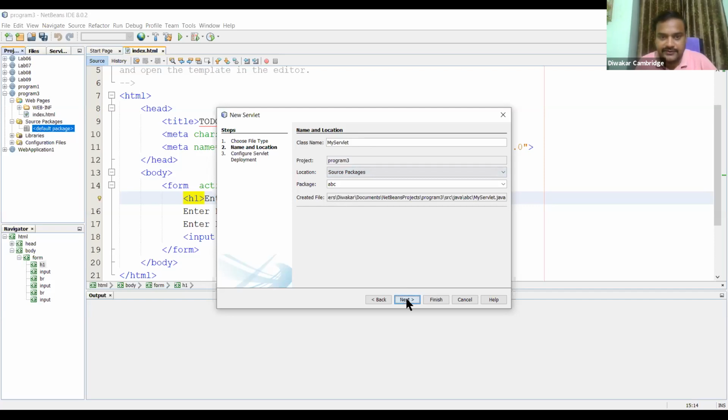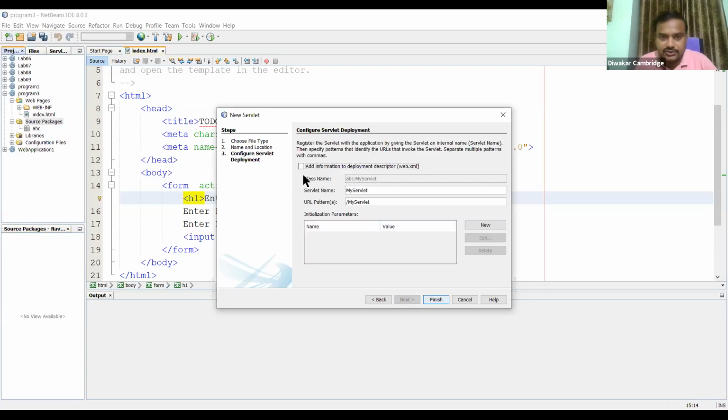I'll click Next. Then you have to add the information to the deployment descriptor. You have to check this checkbox. The servlet information you have to add inside the web.xml file.